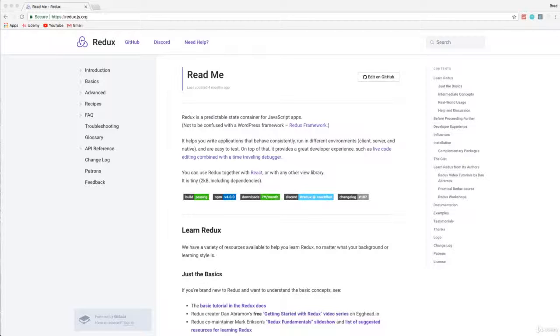Now, the biggest downside to Redux, in my opinion, and most people's from what I can see, is the boilerplate and setup. There's a lot that goes into it. Not only that, but every developer structures Redux differently, which makes it a little confusing as well when you're starting to learn it. You've got to adapt your own way of implementing it.